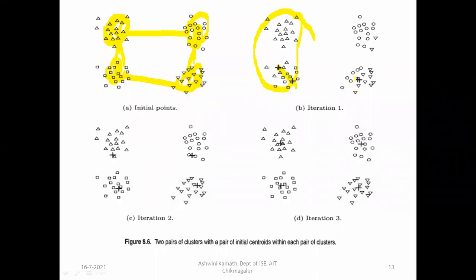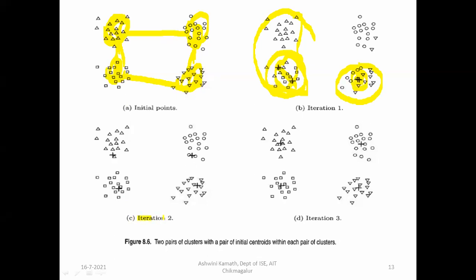Again, for this also we have considered two centroids, and in both cases, these two centroids and these two centroids, if you consider, they are in the same set of points, right? So if I consider this as one cluster, both centroids are in the same cluster. Here also both centroids are in the same cluster, right? Even though we have chosen like this, when we select a pair of centroids for two clusters,